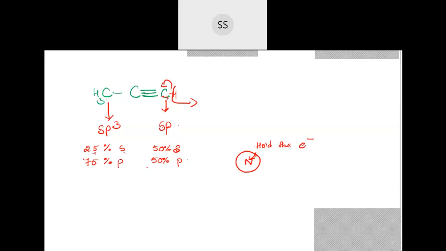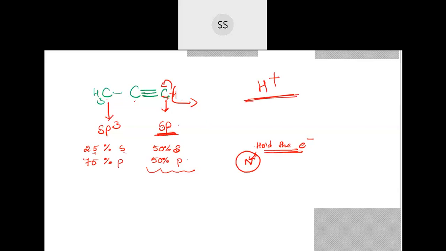So that acidic character we are explaining with the hybridization. Wherever you see that the hydrogen atom is attached to a triply bonded carbon atom, they will have more s character. More s character means they will have more hold on the electrons, means they like the electrons more. So they will try to take all the electron density towards themselves and make the hydrogen ion be released very easily. Acidic means what? H plus ion should be released easily in the solution. So they are found to be releasing that H plus ion easily.